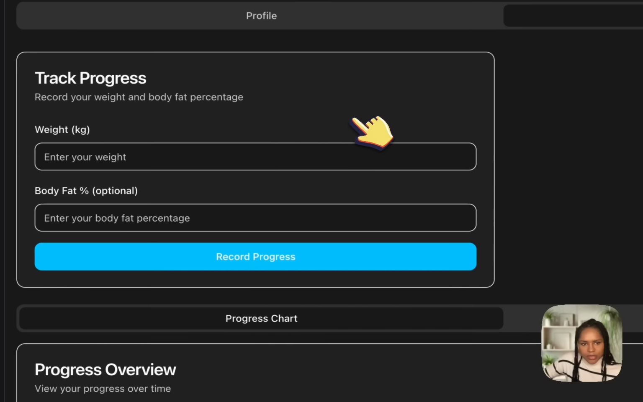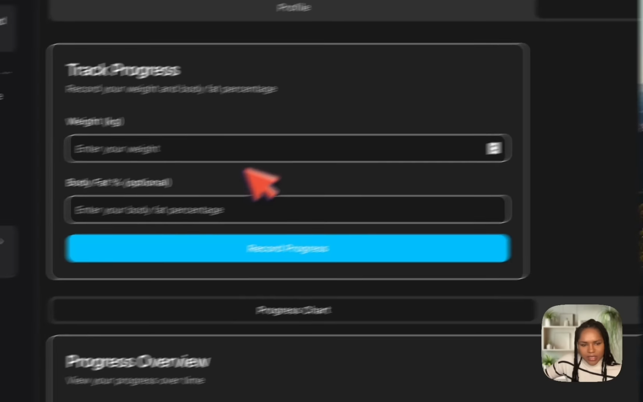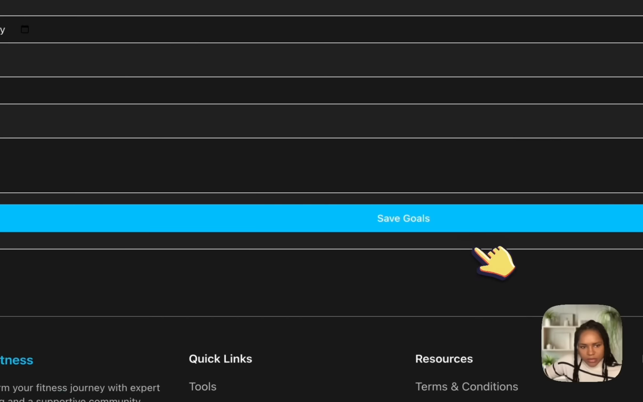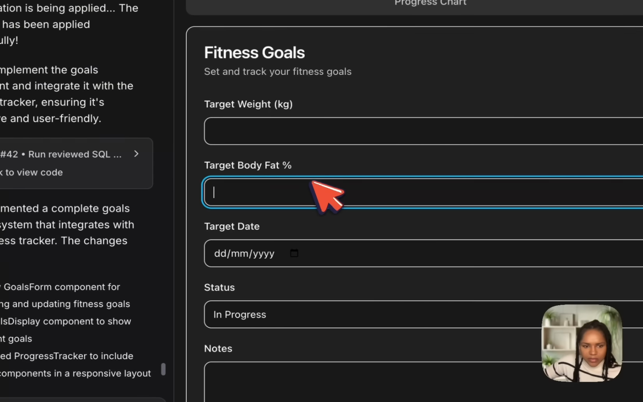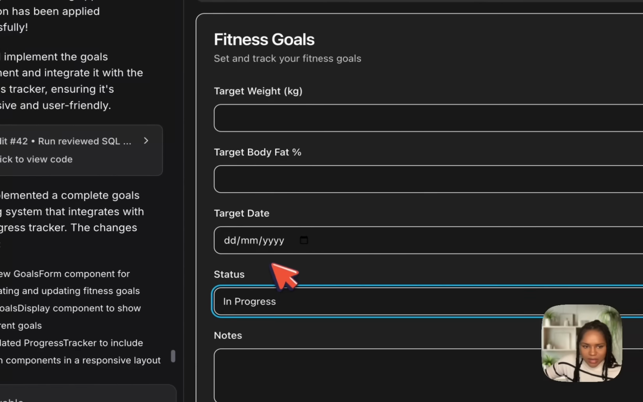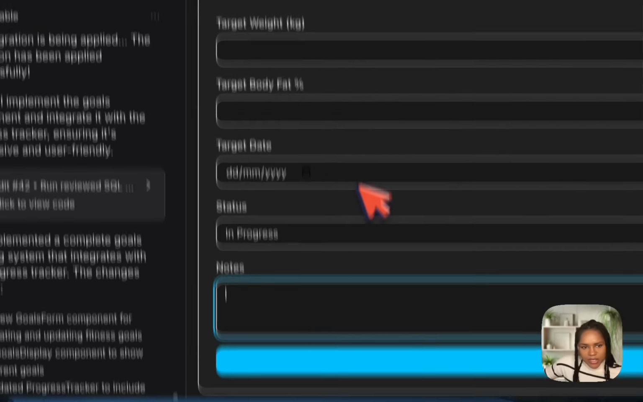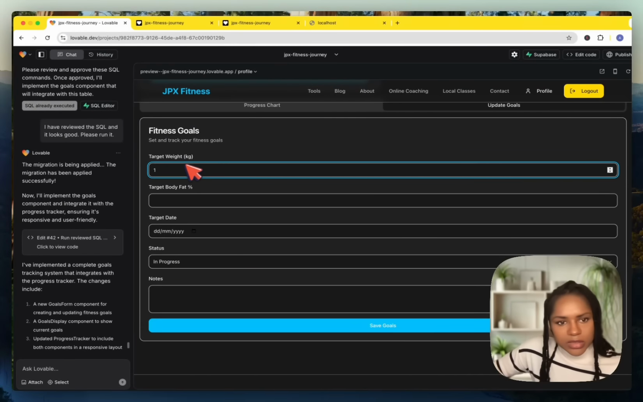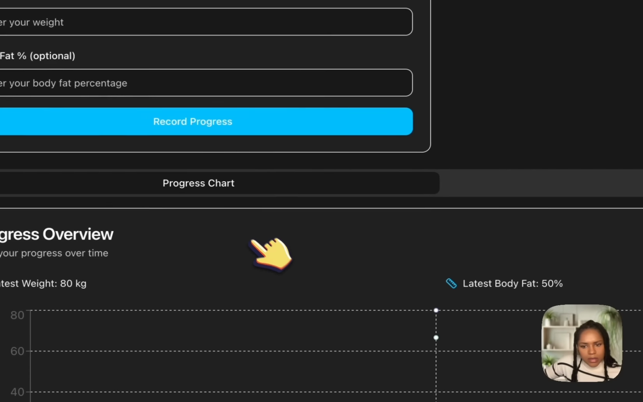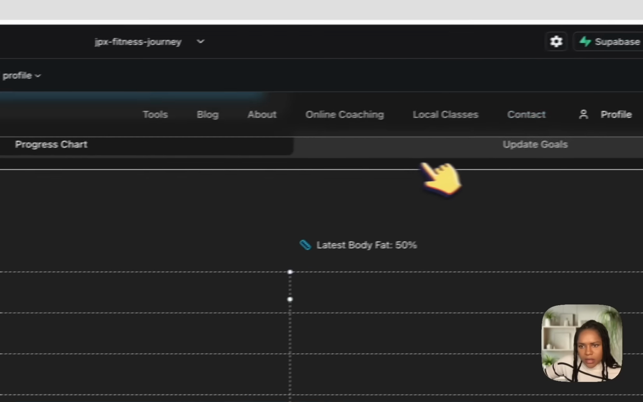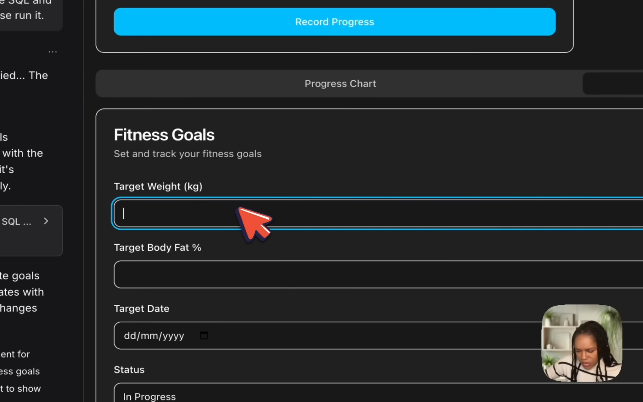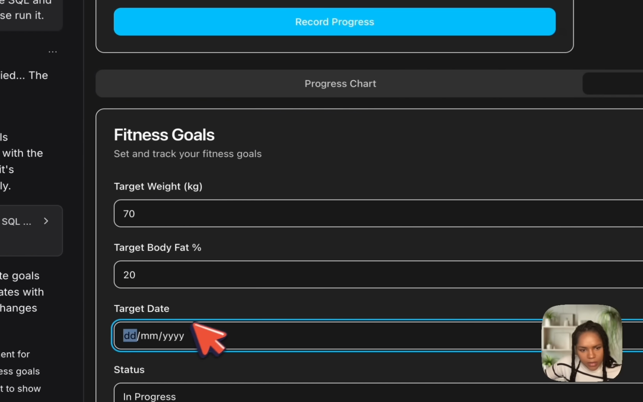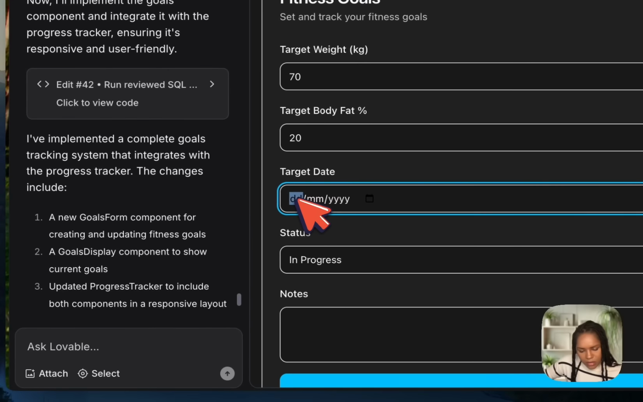Update goals, so progress chart. So this updates the progress. Okay, so we've got the target weight, target body fat, target date, status, notes, achieved. Let me see how this works. So let's say my target weight, what did I say I was? It says I am 80. So let's say my target was 70, and my target body fat was 20. And the target date would be